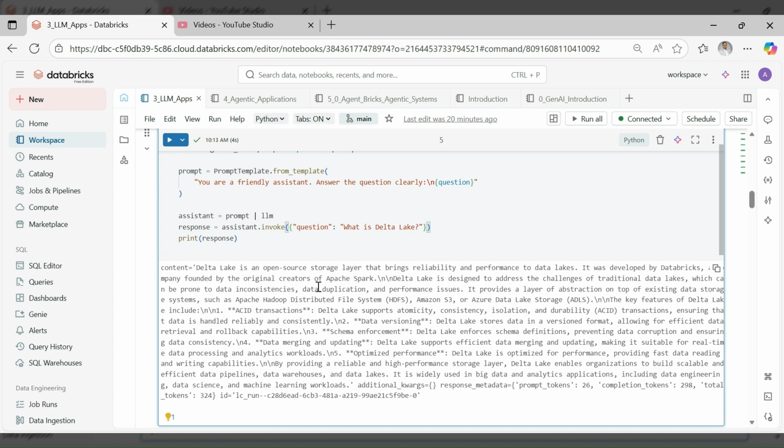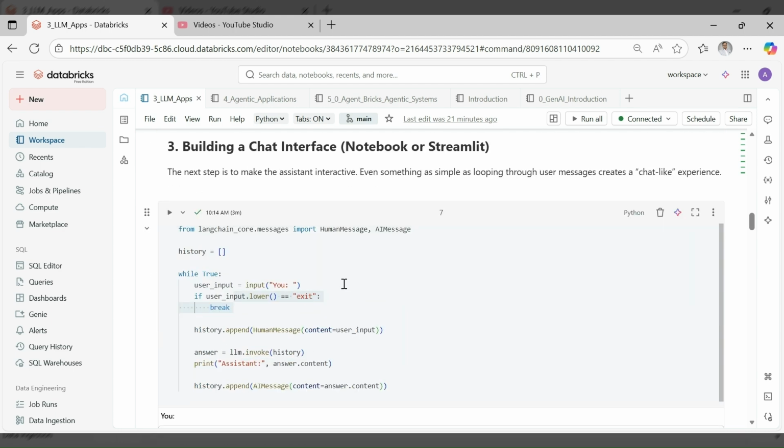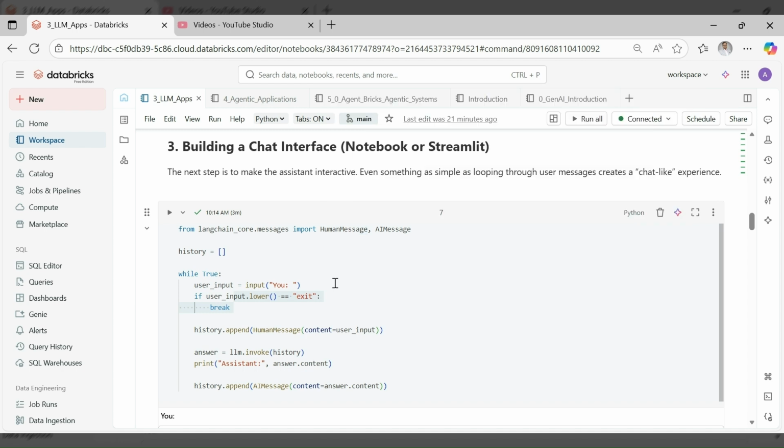Moving to another type of LLM application, called a chat interface or chatbot. Now there are different variations of it, but we will try to understand the simplistic way. There is another library in LangChain core called human message, and we are going to use that library. We will run a loop, and within that loop we are going to use something called